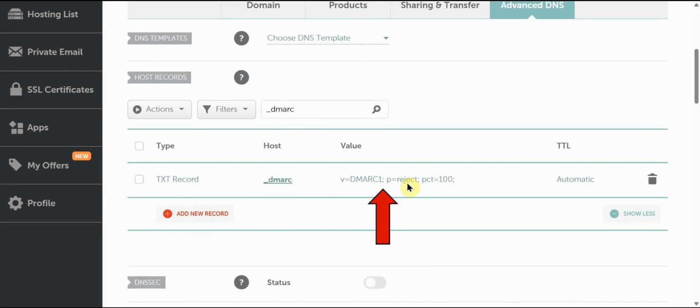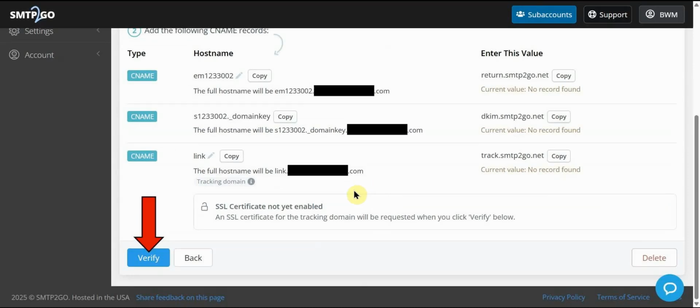You can use none, quarantine, or reject for your policy, either one, whichever you prefer. This one, again, I'm just using reject, and then what that will do is reject all spam email completely for this account. All right, so now that we've got our DMARC record set up, we can go back to SMTP2GO,